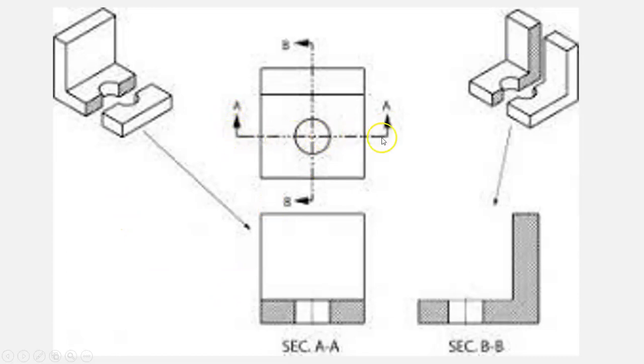So if we look at A right here, we're slicing at this spot and we're looking in from there. If I were to do a section view of this in my front view, I am going to color in any part that has been touched by that cutting plane. So notice the hole is untouched because it's not actually messing with the cut. If I were to go the other direction, I'm going to slice down the middle this way. All of these parts are getting touched by that actual cut, so I need to color that in